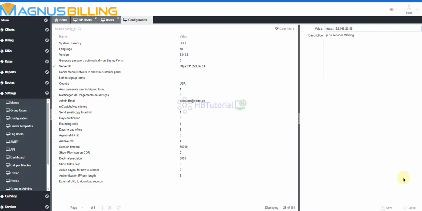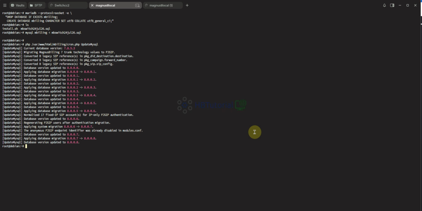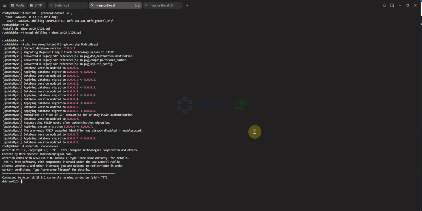From here, you need to update your IP address with your new IP address, 192.168.20. And then we can go here and check Asterisk.